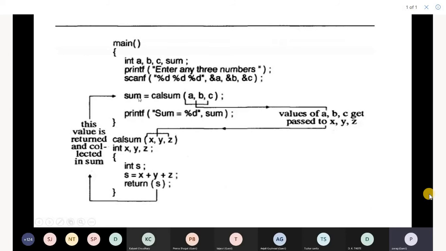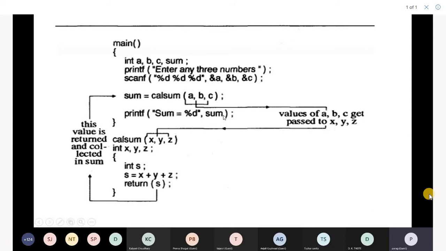So in this case, you have variables a, b, c. We are taking the values of a, b, c. Then we are calling the cal sum function and passing the values of a, b, c. Control will be transferred from the calling function to the called function. The values are passed to void cal sum int x, int y, int z. a will be stored in x, b in y, c in z, and we perform x plus y plus z and return s. Control will be transferred from return s back to cal sum. Here the s value will be stored in sum, and sum will be printed on the user screen.